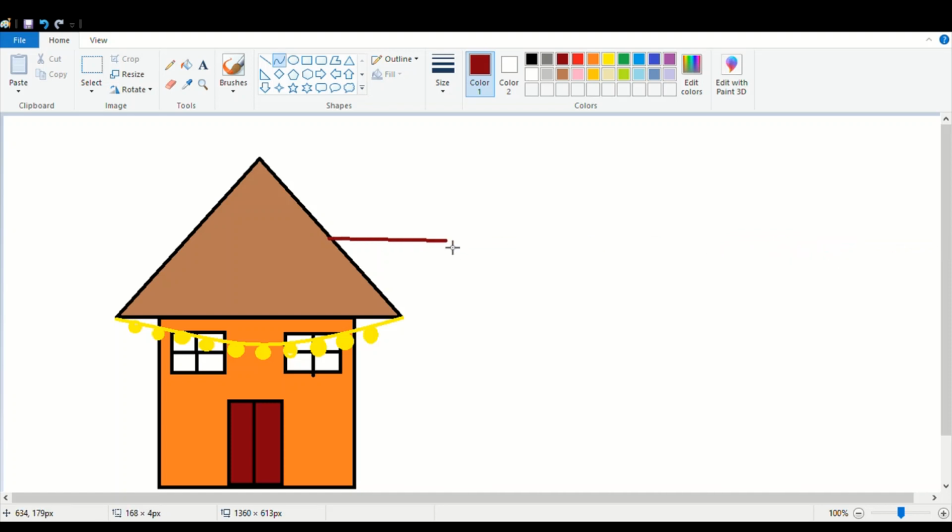Maybe first I'll draw a tree, right? Simple tree. You can explore the different options available here, right?